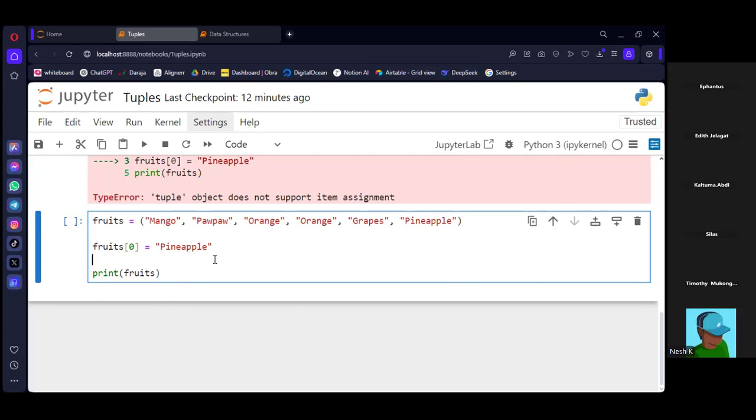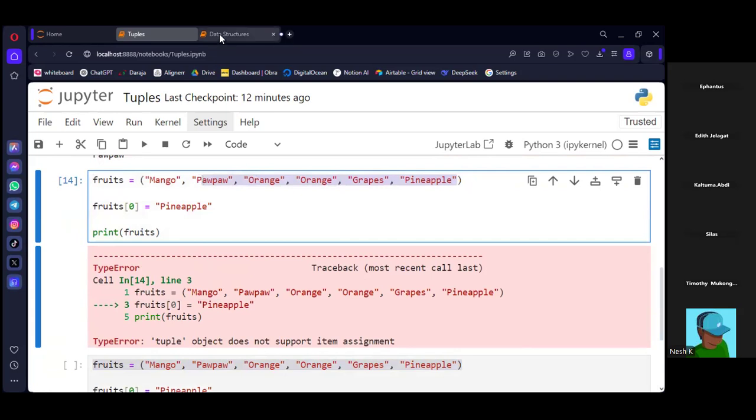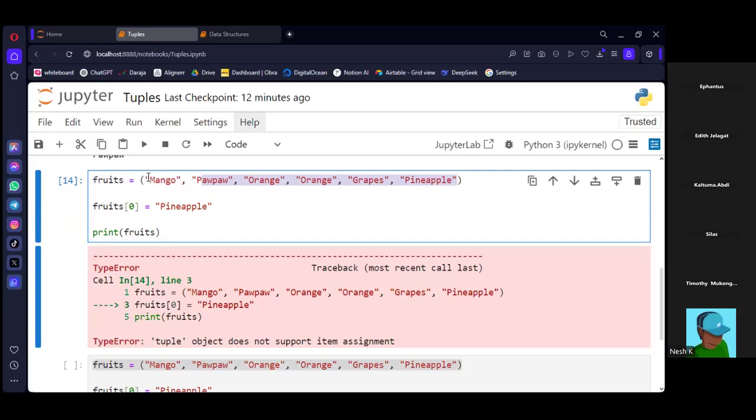We can convert these because we know the structure is similar between a list and a tuple. It is ordered, with individual elements, not key-value pairs like a dictionary. The only thing that is changing here is these parentheses.